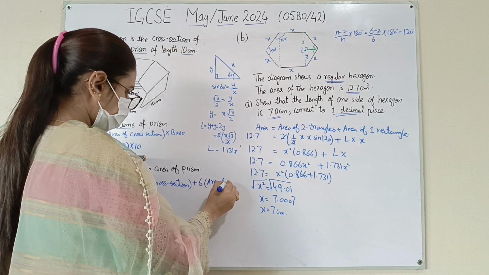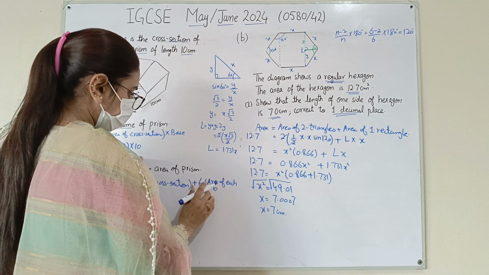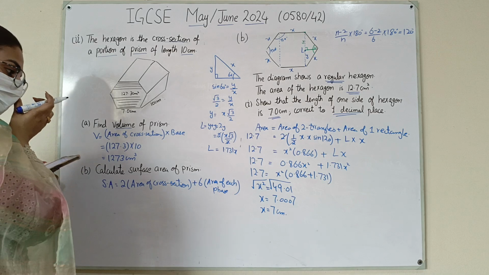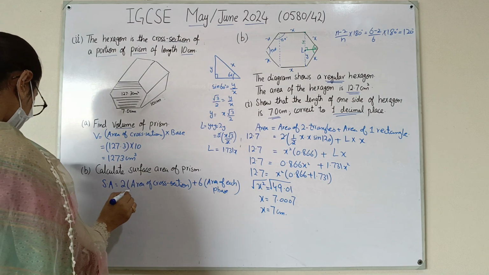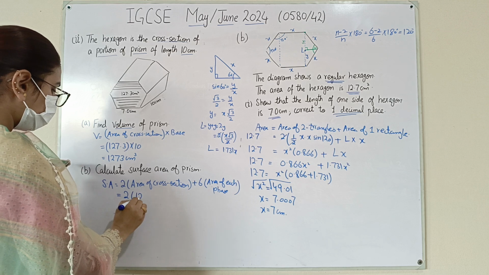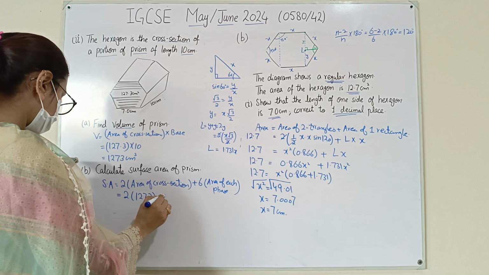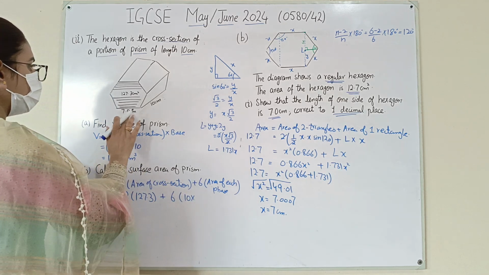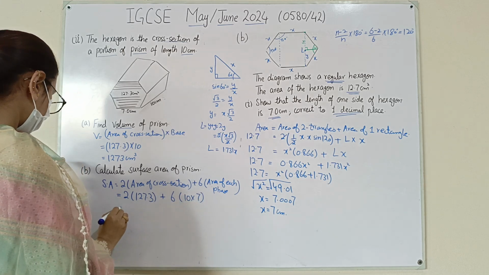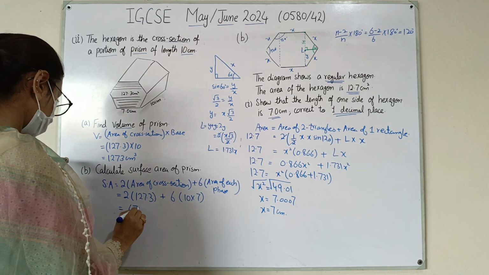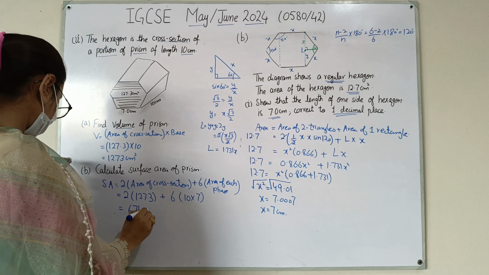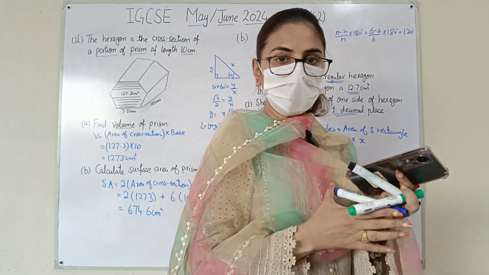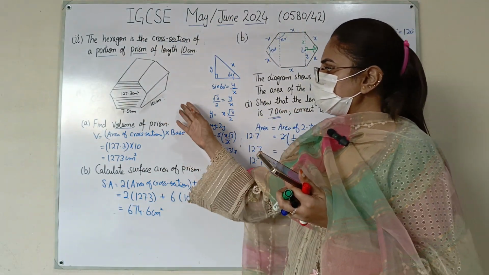area of each face, as this is a hexagon, so it has 6 sides. Okay, now simply put the values over here. 127.3, area of base will be 10 multiplied by 7. You have to multiply 7 with this 10. So after calculating, you will get 674.6 centimeter square. What you have to keep in your mind in this question,